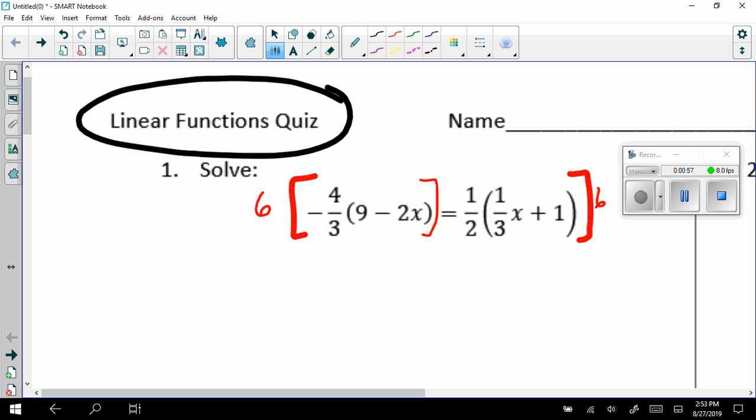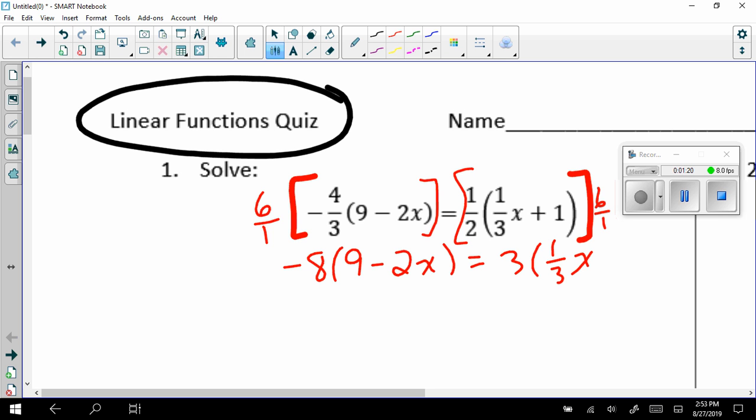When I do that, this is going to be 6 over 1. I'm going to have 6 times 4 is 24, over 1 times 3 is 3. So negative 24 over 3 is going to give me negative 8. And then 9 times 9 minus 2x. And then on this side, I'm going to get 6 over 2, which is just 3. So I'm not too worried about this 3 that's in the denominator here, because when I distribute my 3 here,